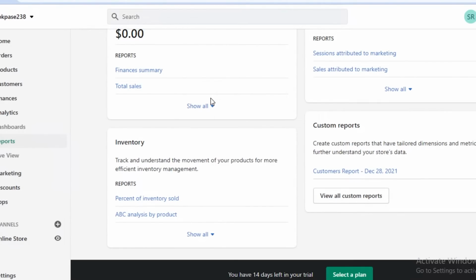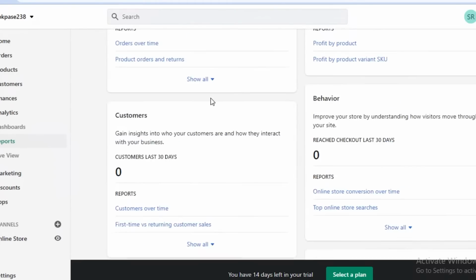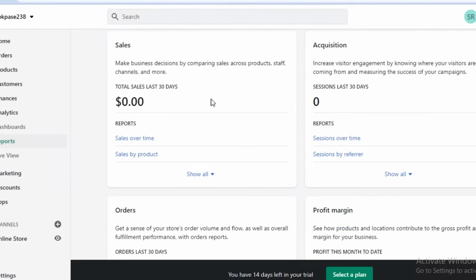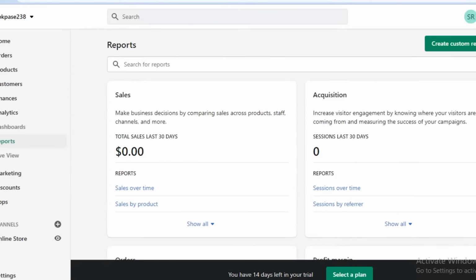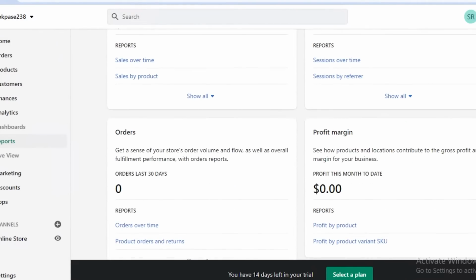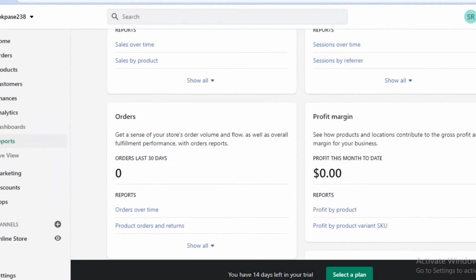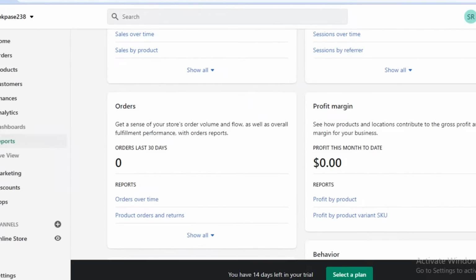And this is something that I would suggest is worth upgrading if you're running a large enough business, and if your business is growing. This is going to help you in many ways. It doesn't just help you with marketing, but you can also target sales and acquisitions and see your profit margins and see where you can take some cuts and where you actually are making low